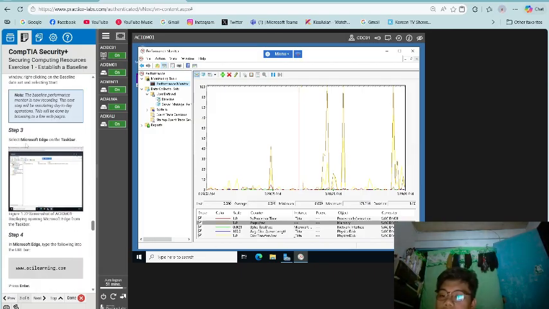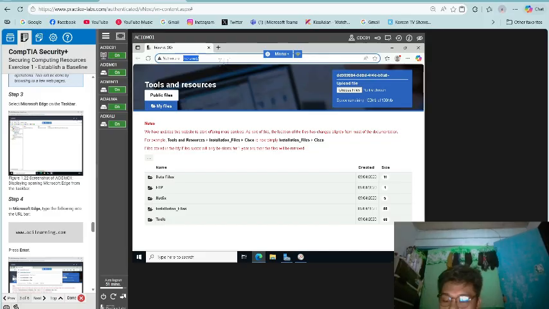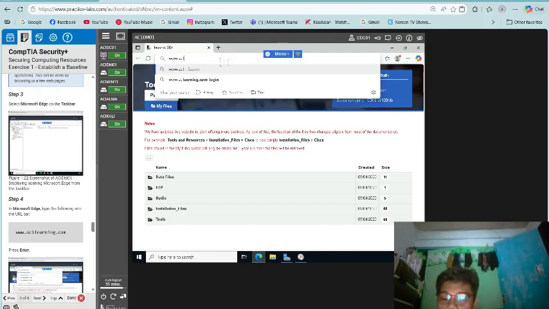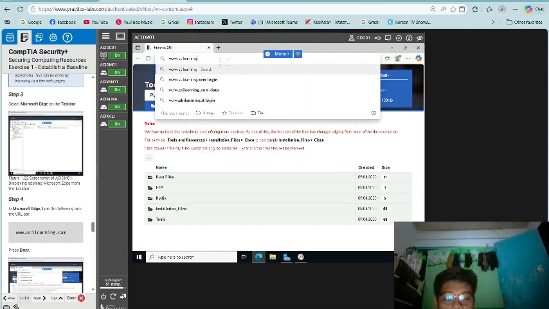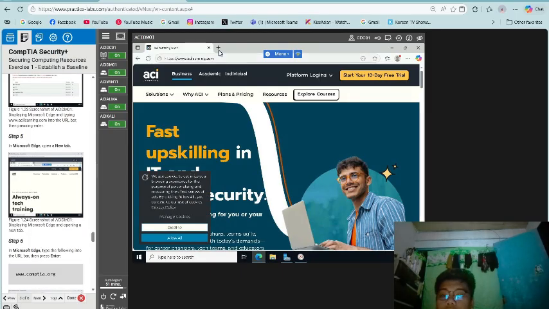So step 3, select Microsoft Edge taskbar. So in the Microsoft Edge, type the following in the URL bar. www.acillearning.com, then hit enter. So step 5, open new tab,